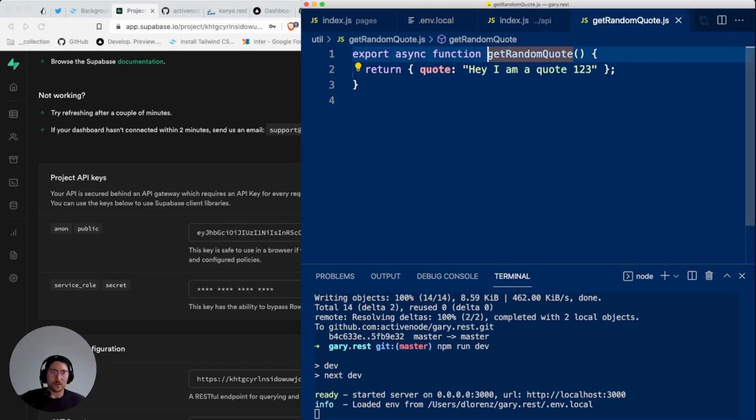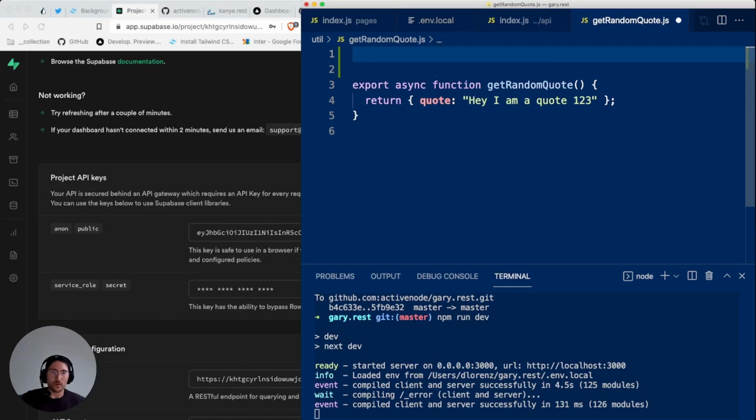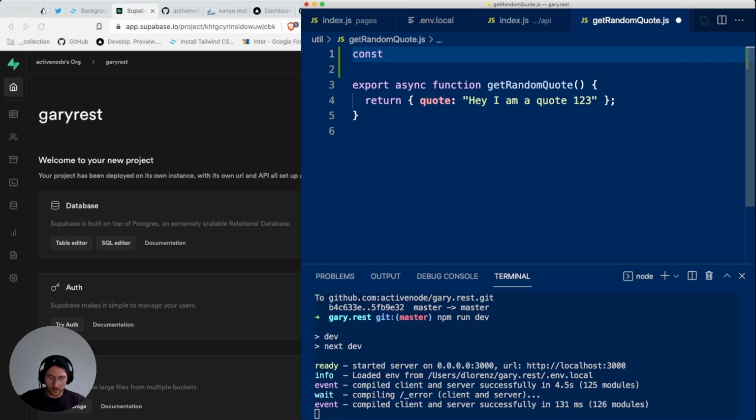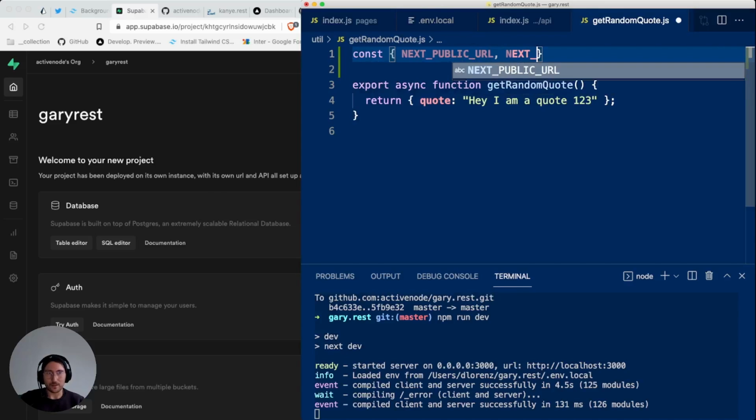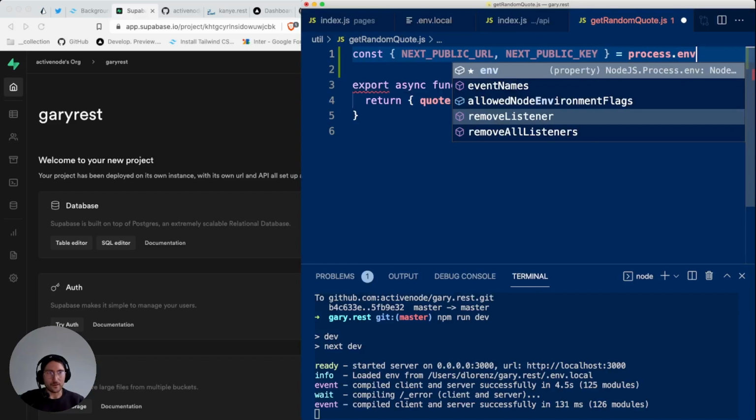Where's our function? Right, so as part of the get random quote function, we want to read the key and the URL because we need to use it to initialize Supabase. And we get that via process.env. So you can destructure it with NEXT_PUBLIC_URL and NEXT_PUBLIC_KEY with process.env.